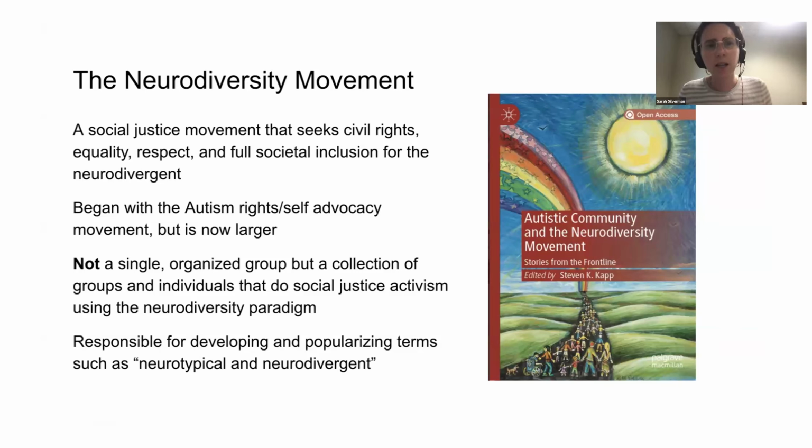That includes ADHD, learning disabilities, dyslexia, Tourette's, epilepsy, many experiences and disabilities that affect the brain. The movement is not a single organized group, but a collection of groups and individuals that do social justice activism using the neurodiversity paradigm. And it's responsible for developing and popularizing terms such as neurotypical and neurodivergent, which have really come into popular conversation